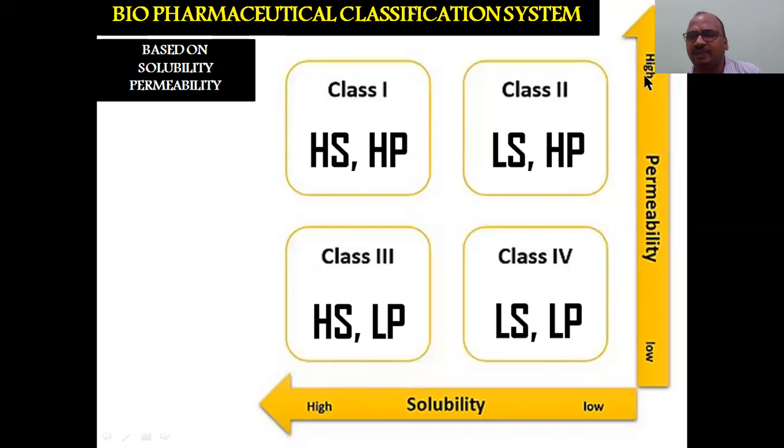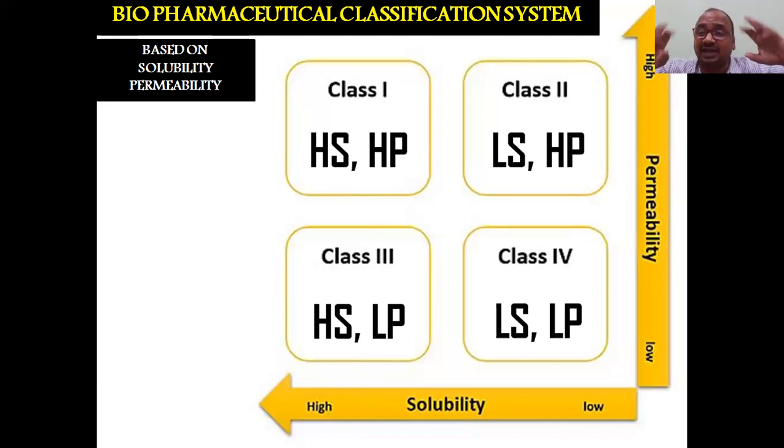This is having a high permeability. See, very easy to remember: high solubility, first rank. And also see the solubility, high solubility. That's why here high solubility, see the curve here. This is a high solubility, high permeability, class 1 drug. Okay, good. First rank, you can keep in your mind.